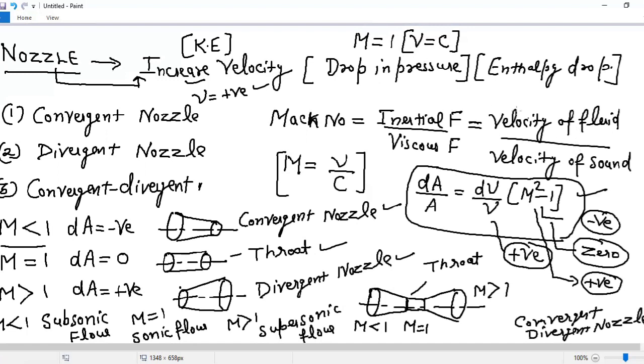तभी आपका जो Mach number है उसकी रेशियो क्या बनेगी? 1 बनेगी. When I say Mach number is more than 1, इसका मीनिंग क्या हुआ कि जबकि फ्लूइड की वेलोसिटी है जो फ्लो कर रहा है नोजल से, वो क्या है? वो वेलोसिटी ऑफ साउंड से भी ज्यादा है. तभी आपका जो Mach number है वो क्या आएगा? ग्रेटर देन 1 आएगा. एंड व्हेन आई से कि आपका जो Mach number है वो लेस देन 1 है, इसका मतलब क्या हुआ कि जो वेलोसिटी ऑफ फ्लूइड है वो लेस देन है एज कंपेयर टू वेलोसिटी ऑफ साउंड. क्लियर? तो ये 3 केसेस हैं. इन 3 केसेस के लिए वेलोसिटी ऑफ फ्लूइड और वेलोसिटी ऑफ साउंड का जो रिलेशन है वो जिस तरह से बनेगा.